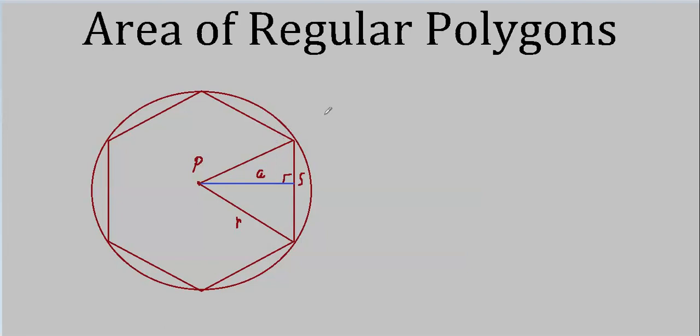However, if we were to do something similar to what we've done before, we could break our regular polygon up into triangles. And, for instance, this triangle right here, this is the radius, so if we were to bring a line from here to here, that would just be another radius. And the new triangle we would form would be congruent to this one. This is a hexagon. It has 6 sides, so there are 6 of these congruent triangles all the way around. It would completely cover this thing.